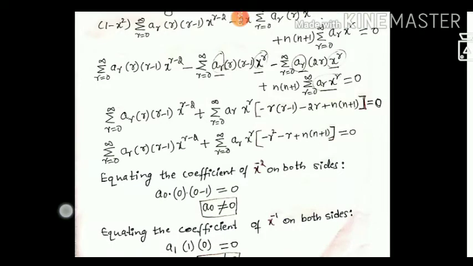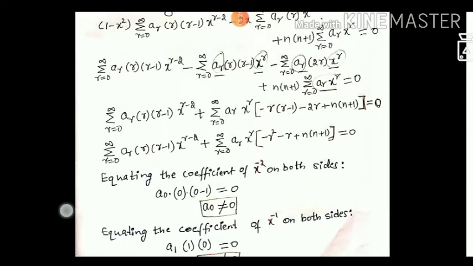Now we will go for a major step next, that is equating the coefficient of x power minus 2 on both sides. We know that whenever two polynomials are equal, whatever coefficient of a power the left side has, the right side also has, and we can equate the coefficients of the similar power. That means if you have x power r on the left side and right side, we can equate their coefficients. So here I have chosen the term x power minus 2, and let us equate the coefficients on both sides.